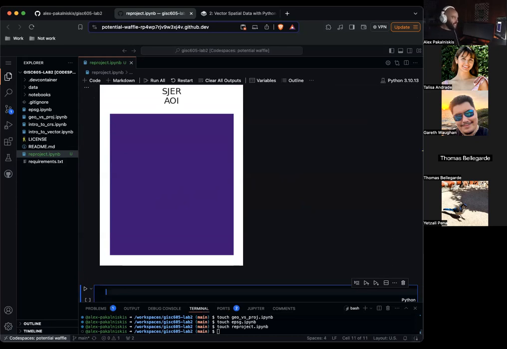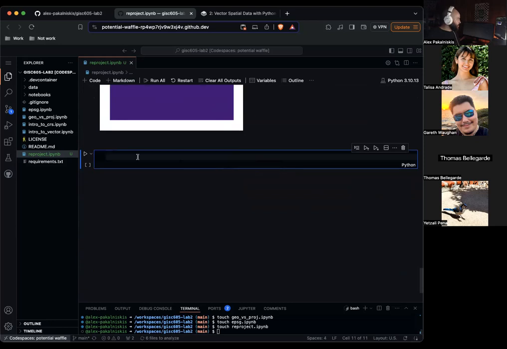Let's actually plot it on a map now. Okay. Let's add it to our US map. Fig, ax equals plt subplots, figsize equals 6 by 6.